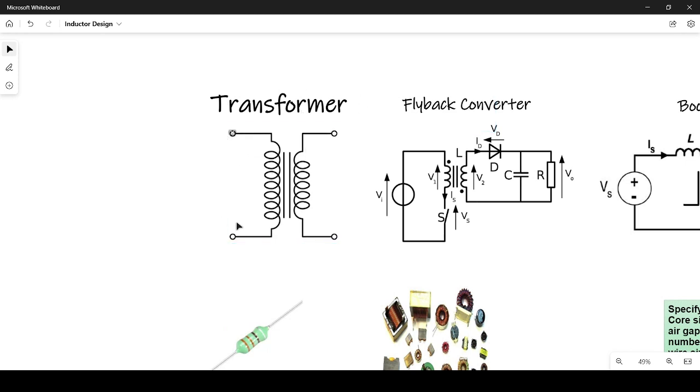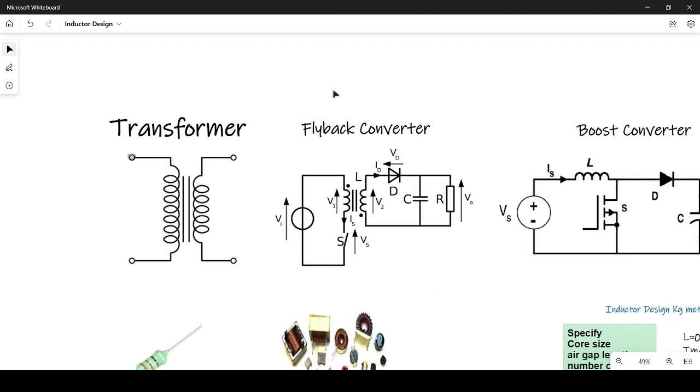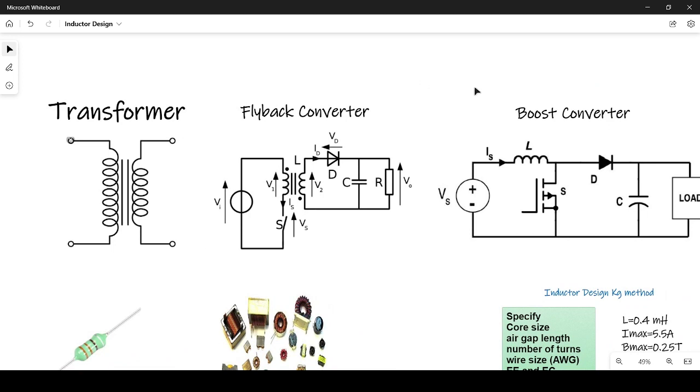If we apply an AC source here between these terminals, we have a time-varying magnetic field cutting this coil, having a flux linkage, inducing a time-varying voltage or an AC voltage, stepped down because of the turns ratio. But if we want to convert DC to DC, stepped up or step down or whatever you want to do, how do we use this transformer to step up or step down DC voltage? You only know that this transformer can only deal with a time-varying source or a source producing a time-varying magnetic field